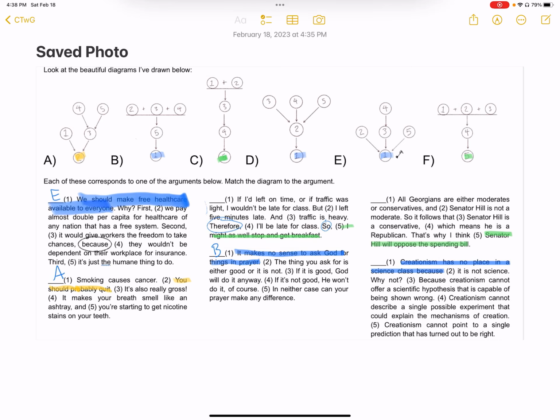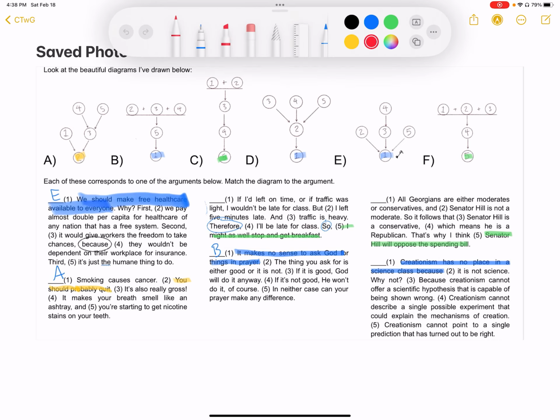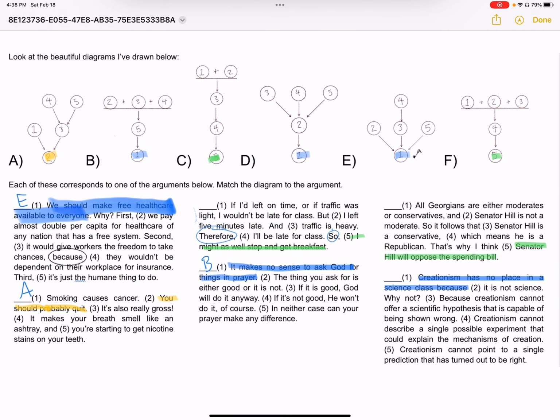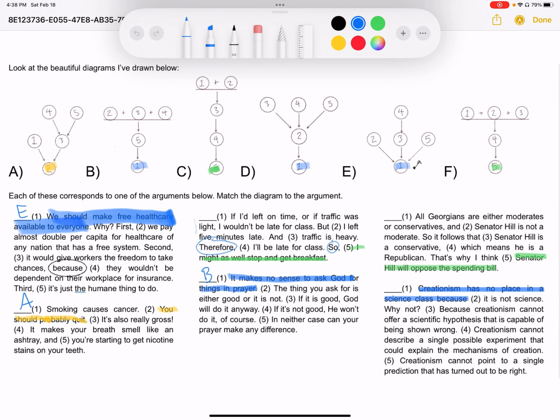How useful these indicator words can sometimes be. Let's look, for example, at this final argument. Creationism has no place in a science class because it is not science. Why not? Because creationism cannot offer a scientific hypothesis that is capable of being shown wrong. That tells me right off the bat, if I'm just sketching this out on the side, that I